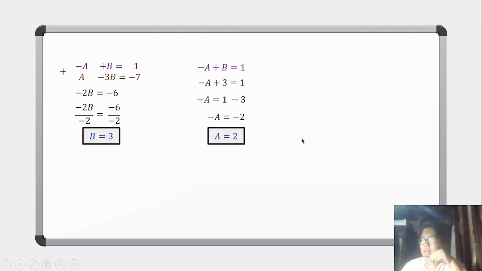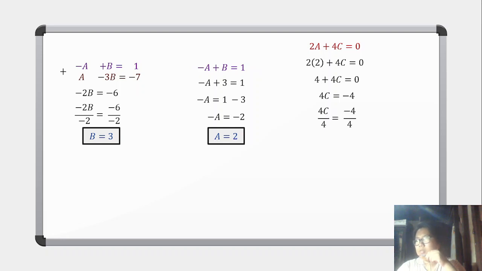So for this a value, I'm actually going to substitute it to our equation 1 that we got earlier. So equation 1 is 2a plus 4c is equals to 0, and substituting it, so 2 times 2 plus 4c is equal to 0. So 4 plus 4c is equals to 0. 4c is equals to negative 4, and dividing both sides of the equation by 4, so our c is equals to negative 1. And as you can see right now, we can actually substitute these values to our decomposed fraction